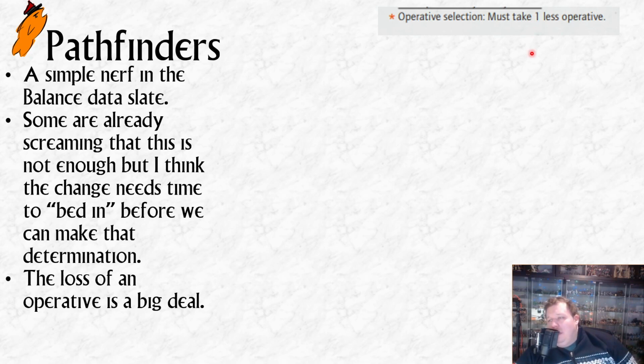Let's just remember AdMac, who went from being the weakest team to a really dominant team, and an operative is a big deal. Like, I know that I'm not an expert on the game. But at the same time, can we just see how it goes for Pathies with 1 less operative? Don't just be like, oh, yeah, it's just 1 less operative. Oh, I've still got all this other stuff. Yeah, they have got a lot of stuff, but 1 less operative is a big deal. So I think that's a good change. We can see for a quarter how that goes, and then go back and change more if that's what they want to do.